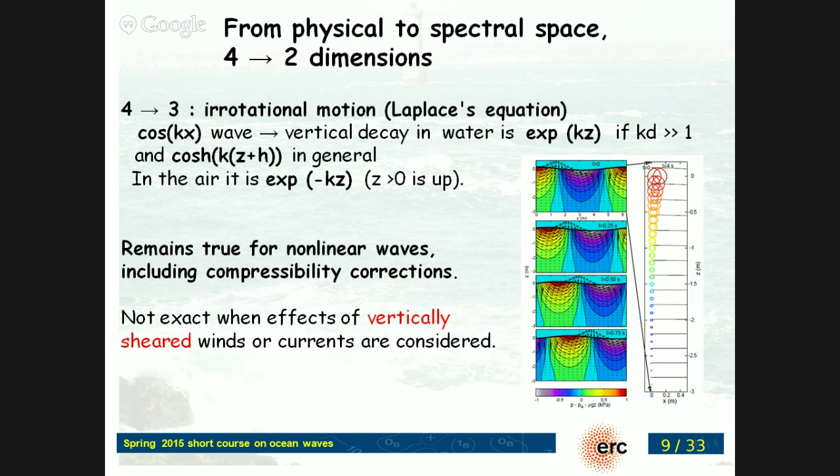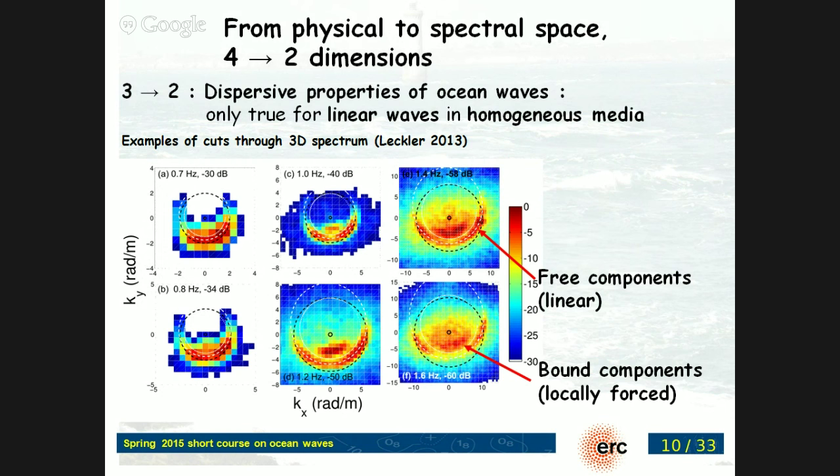But for most practical applications, and actually throughout the week, we'll just forget about this vertical shear, and we'll just work with exponential variation. So we get rid of one dimension, and the second dimension, the reason why we can actually get rid of is more or less illustrated here, is that waves are essentially linear. And that linearity reduces a lot the possible dispersion relation.